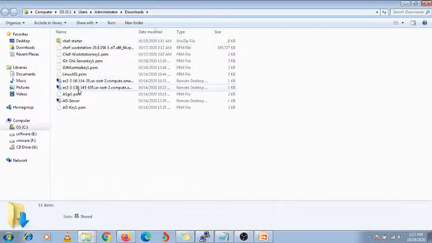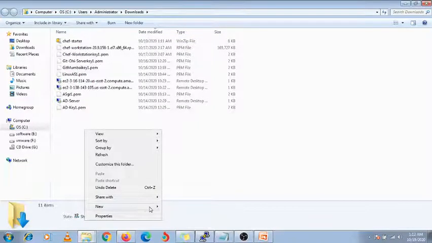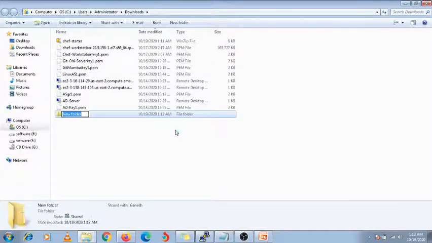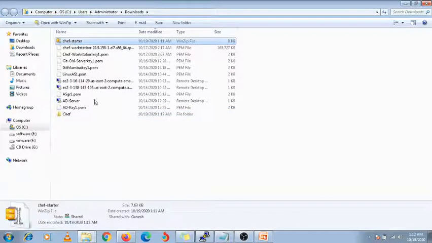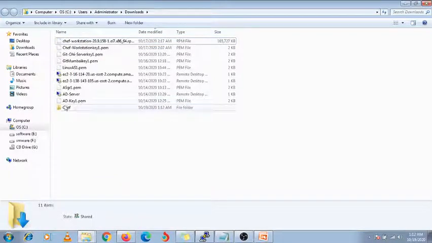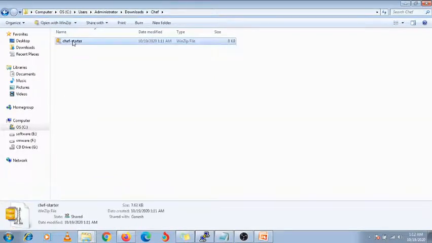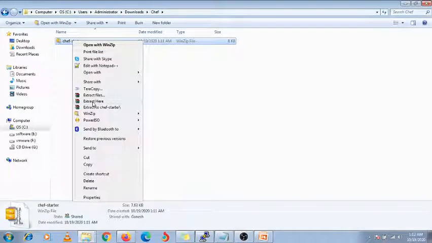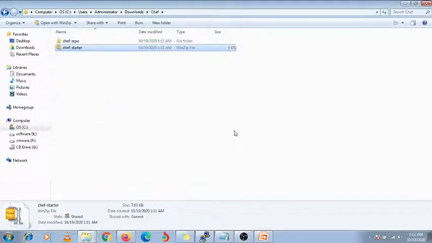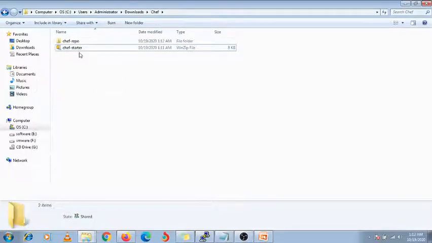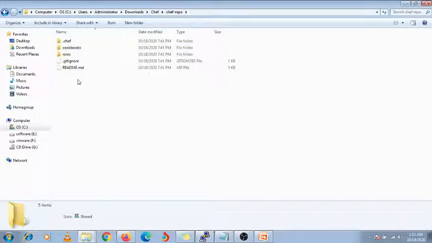Okay, first I'm going to create one directory. This is my directory chef, and here I'm going to paste the file under this directory and extract it here. Now this file is extracted with the name chef-repo, right? So under the chef-repo you will get all these files and directories. So this directory we need to copy